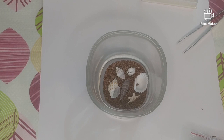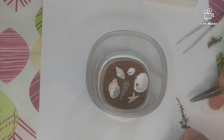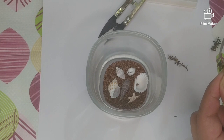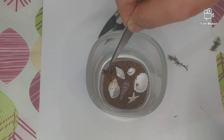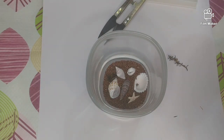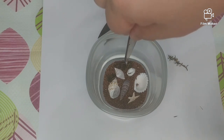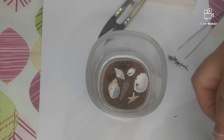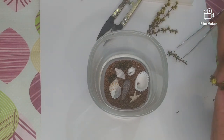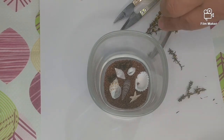On the grass part, I'm just gonna use the leaves, the tiny leaves of the flower that I have. This one, when put on the sun, just popping up little leaves, it resembles a grass. So I'm gonna put it on the parts that I wanted to have some grass, and then I would also put